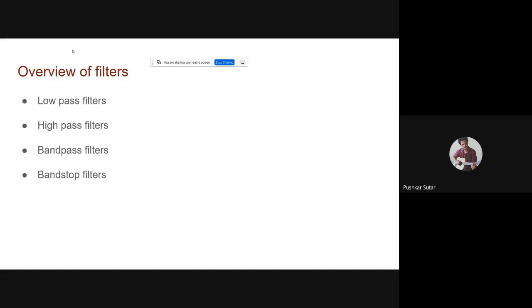I hope you know what low pass filter means. Basically, a low pass filter allows the signals up to a certain frequency level. It allows a lower range of frequency. And a high pass filter blocks up to a certain level, so it allows the higher range. A band pass filter allows the middle range, and band stop cuts the middle range. We'll see this elaborately in the examples later on.